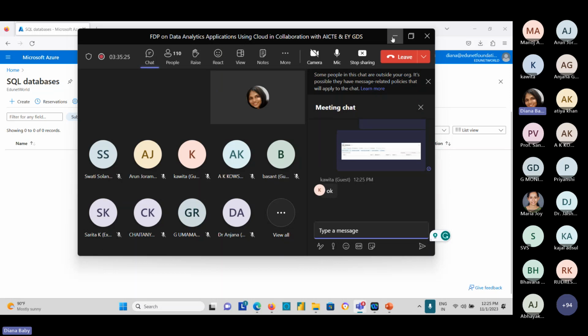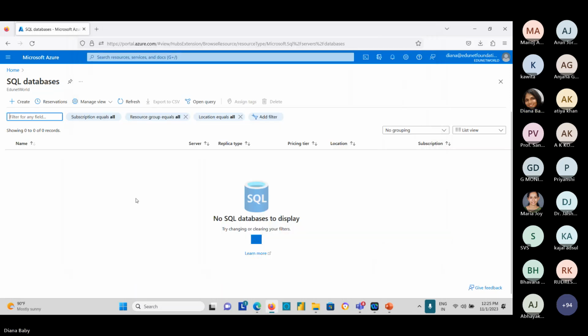Okay, thank you. So the next part is creating the SQL database. When we were talking about the virtual machine and the storage account, it was not that costly. But if we have to configure the SQL, actually,